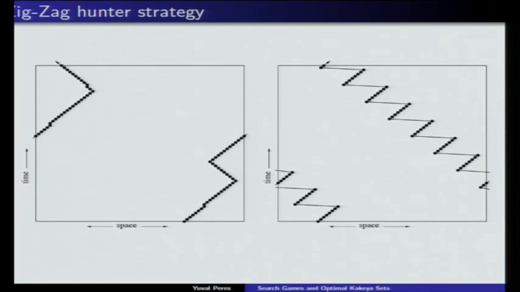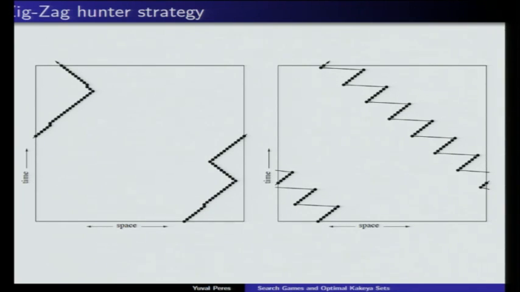By the way, this is the optimal counter strategy to this hunter strategy. The reason is whatever the rabbit does, his path will consist of n points in this square. And if you have a set of n points in the square and you project it in 2 orthogonal directions, one of these projections had better have at least root n points. This means that any set of points here, if you hit it by a random line from the left or the right, it will intersect the set with probability at least 1/√n. So n to the 3/2 is the answer for this zigzag strategy, but it's not optimal.